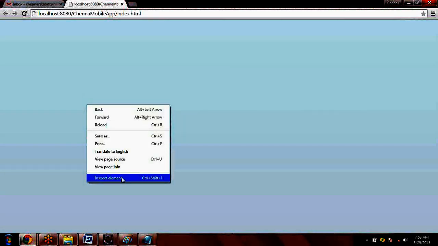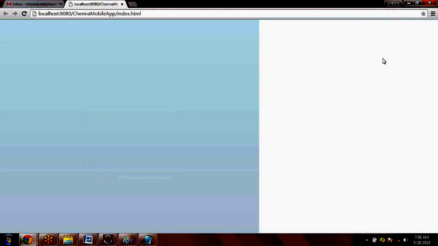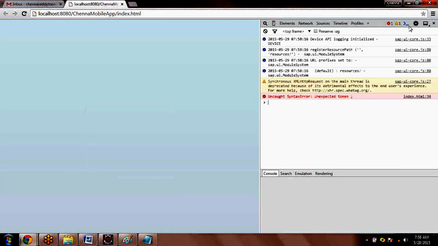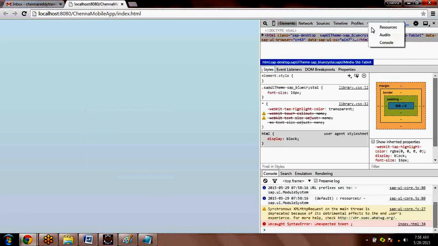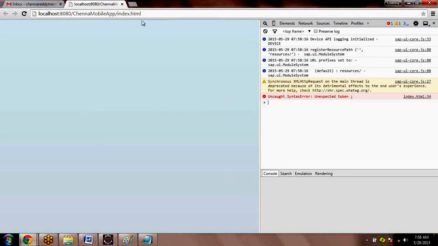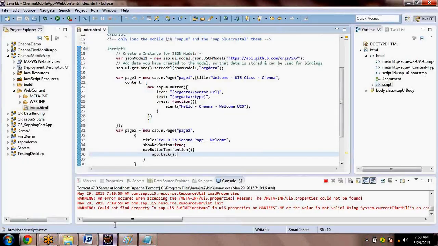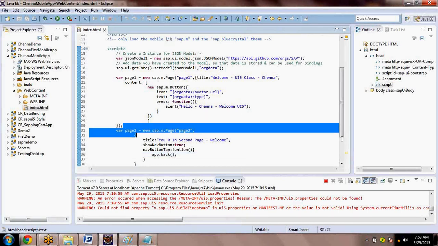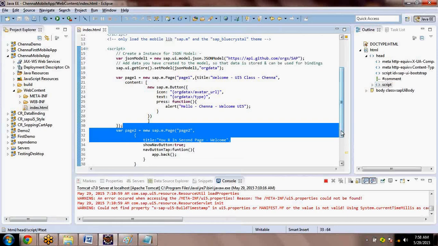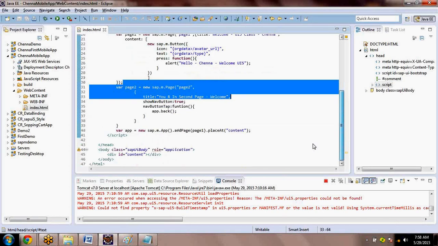Now I'm running the program. Look, some errors. What is that? Maybe I did not end. Yeah, ending is not proper. So let's look at where are the endings. Page 2. So this is the application.